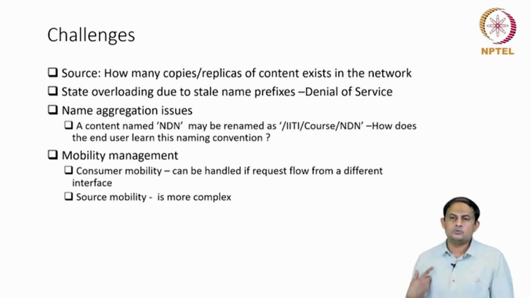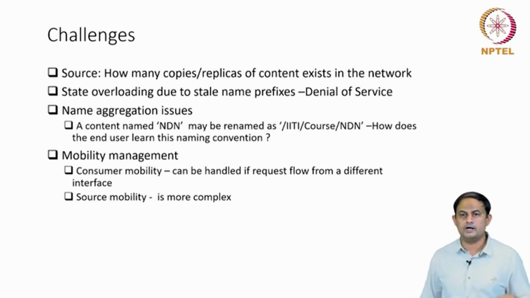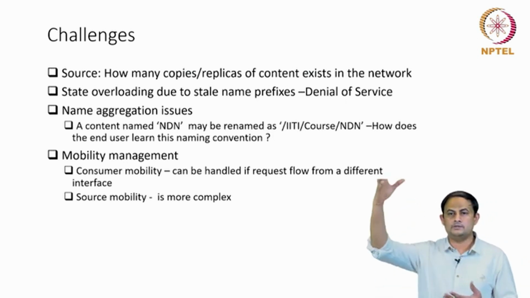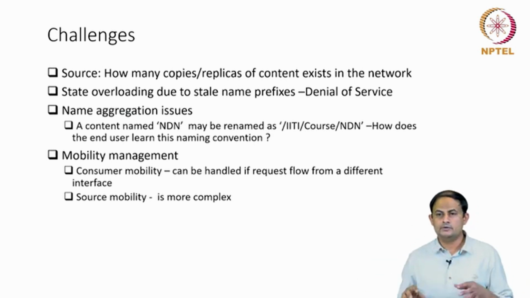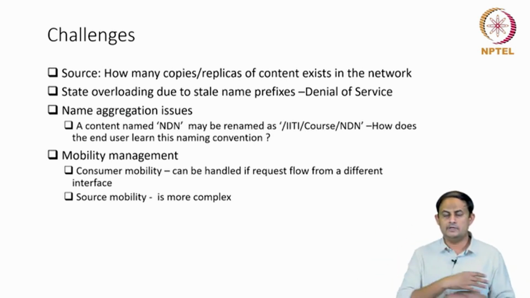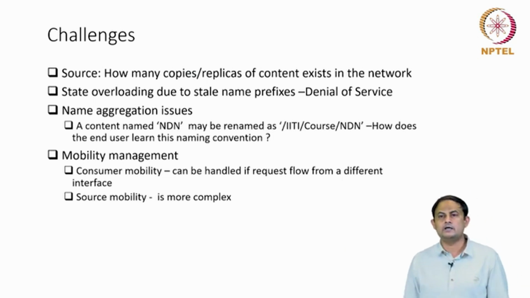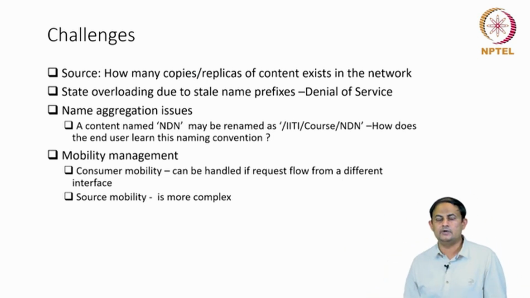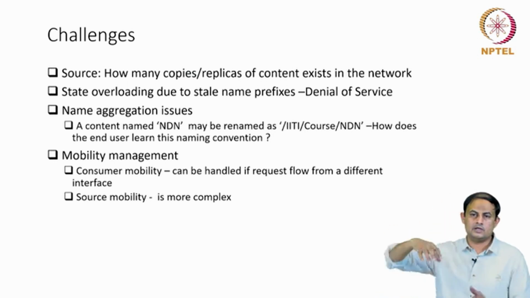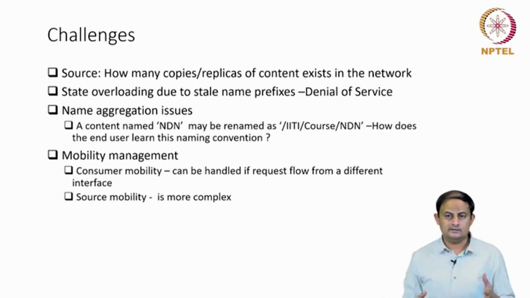So now the question: what if a malicious user who is part of the network bombards the network with too many stale names? I have this copy of the name data, with this name and this name. You can artificially create 1 million names and then bombard the network, and by virtue of that, the routing table sizes across the routers can grow substantially, and that itself can become the burden. So it can become the victim of a denial of service attack.